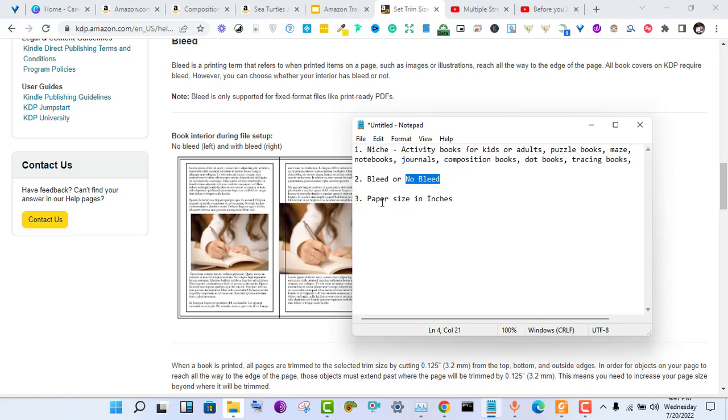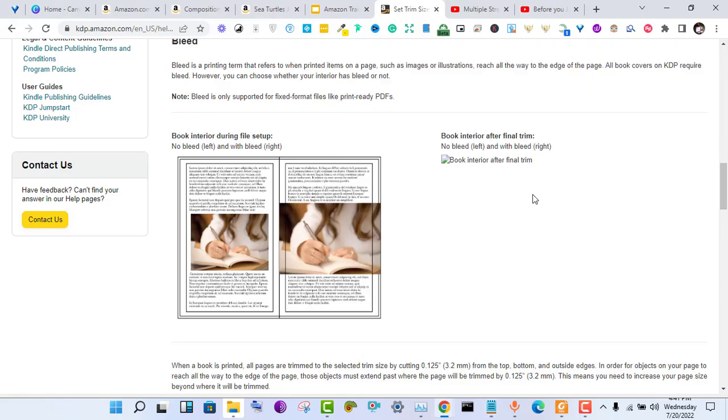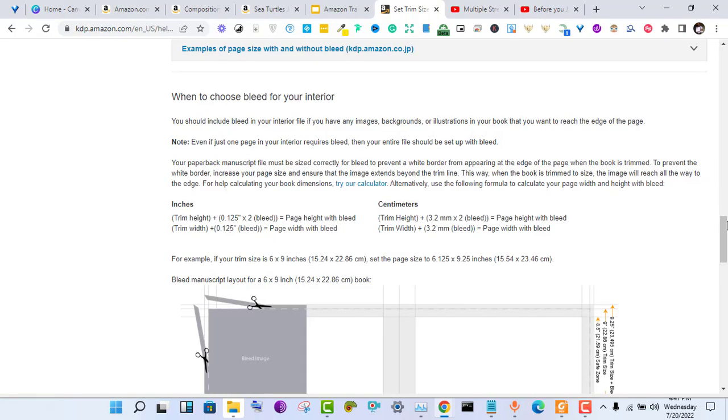Now let's select our paper size. For that, you just have to